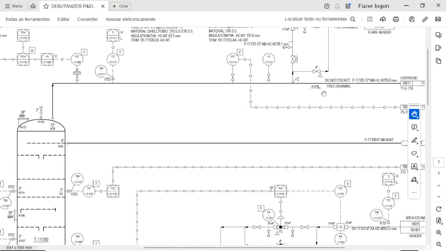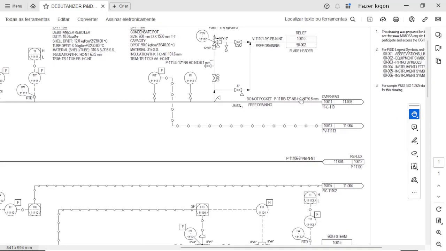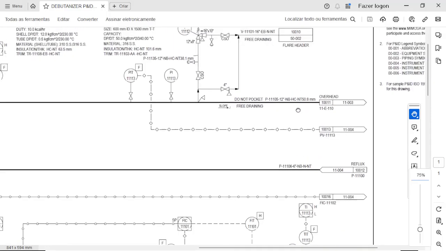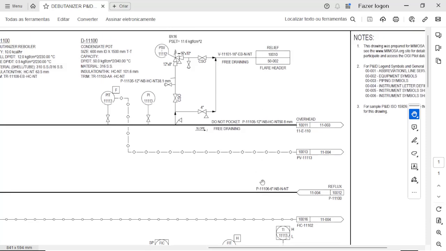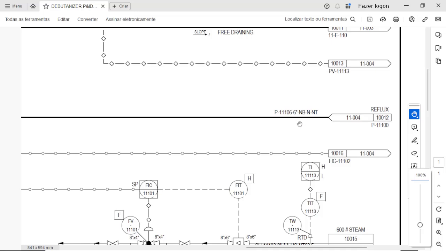And in the pipes, what we must verify is that there is the identification of the pipes. Most often, the identification of the pipes is composed of the process fluid letter. So P in this case most probably is for process fluid. We have a series of numbers to designate the area of the plant.